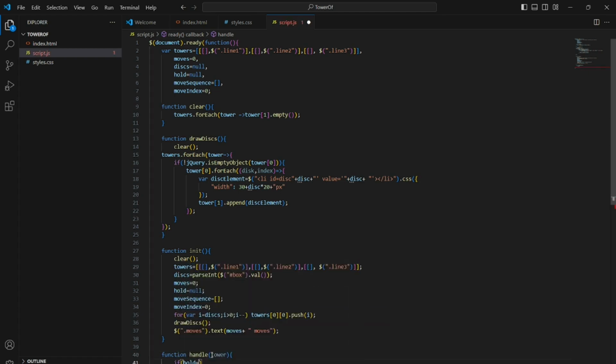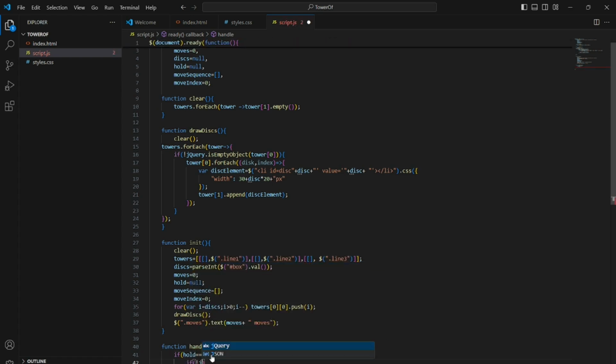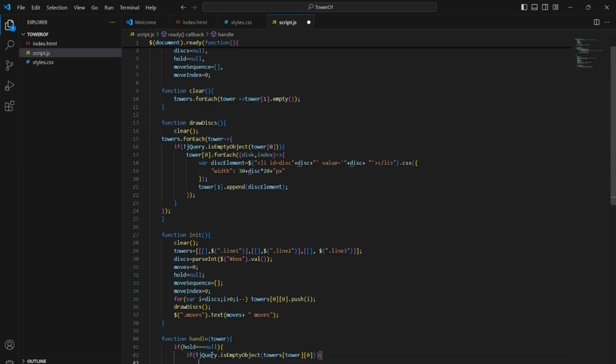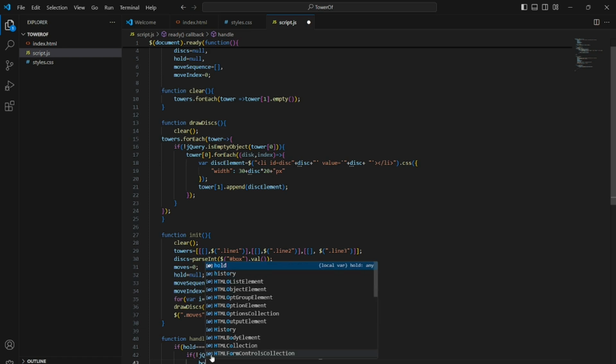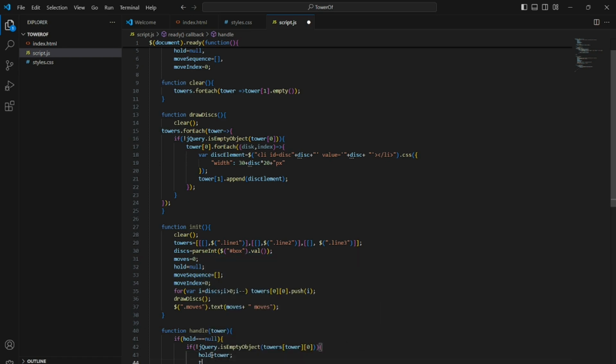So if the hold is null, so if the jQuery object is empty, the hold is will be tower, and so if there is nothing in the, it will be empty. Then in the else part, if the move is,